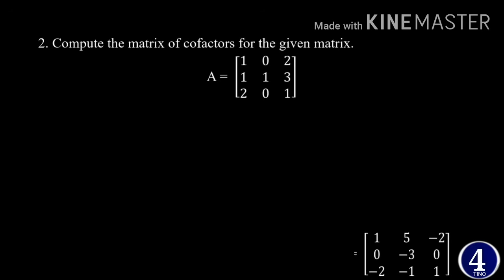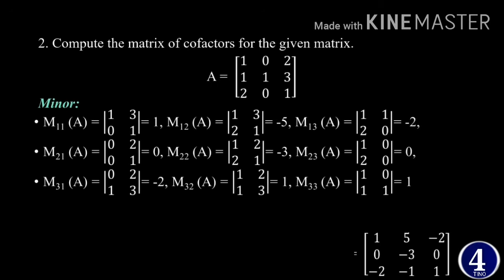Now let's say that we are given a matrix. አሁን a 3 by 3 የሆነ ማትሪክስ A ተሰጥቶናል፣ እና አሁንም በተመሳሳይ መልኩ የተጠየቅነው we are asked to find or to compute the matrix of cofactors for the given matrix ይላል። ኮፋክተር አሰራሩ እንዴት ነው? መጀመሪያ ማይነር እንፈልጋለን ማለት ነው። So ማይነር ሲሰራ በዚህ መልኩ ይሰራል ማለት ነው, right? Minor at the location of 1 1, minor at the location of 2 1, minor at the location of 3 1 ማለት ነው. OK, it means